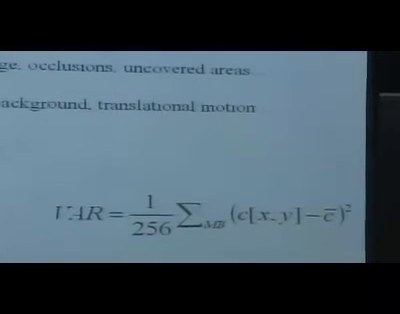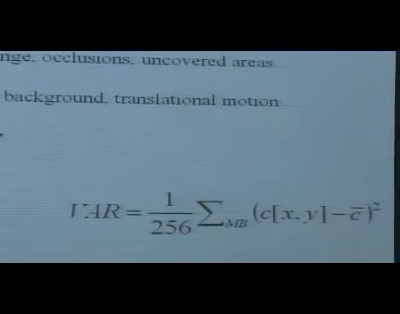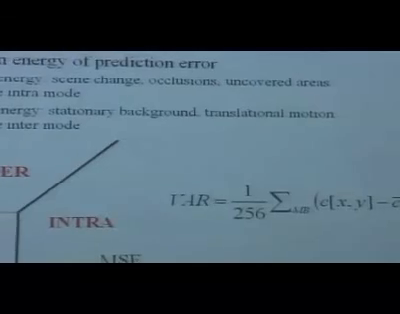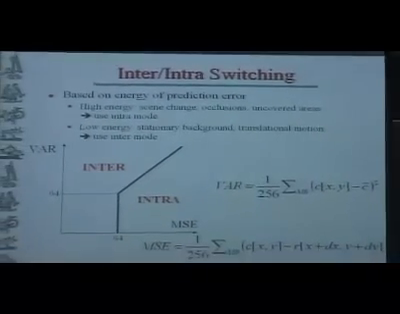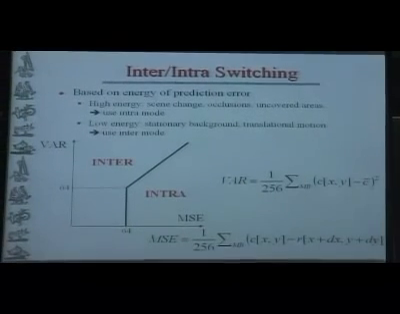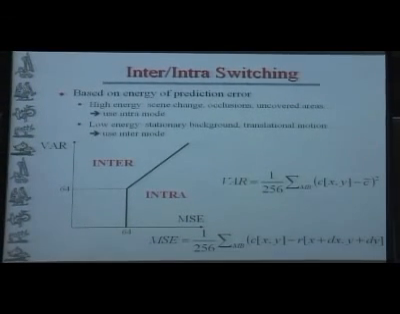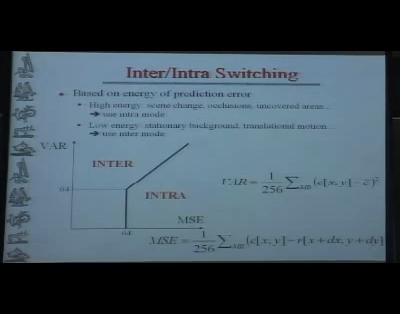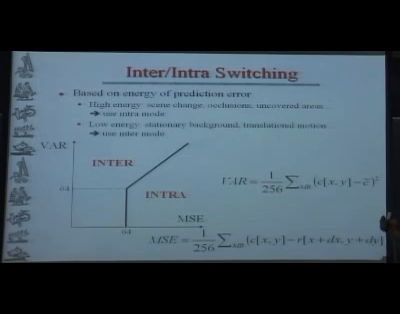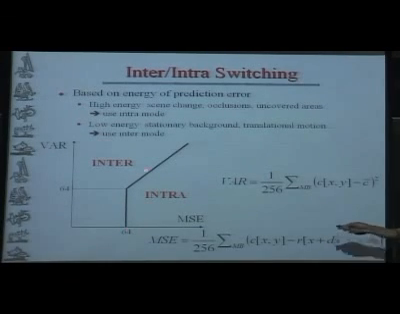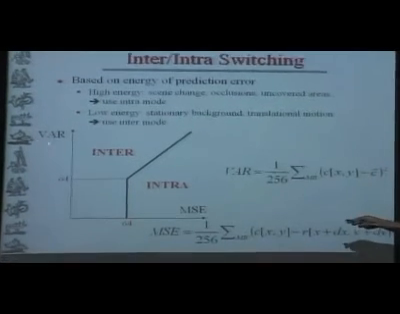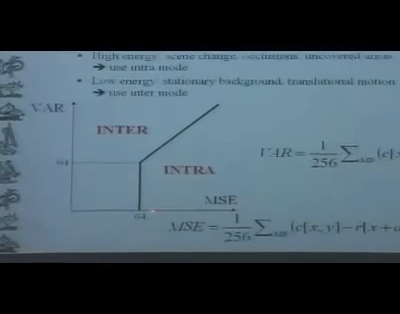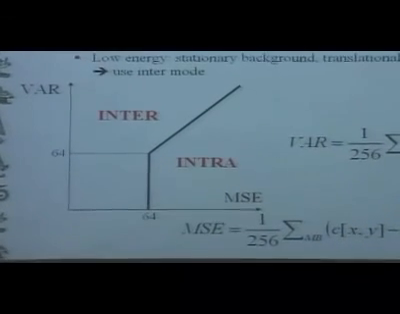One student asked me this question during the break: how do you determine intra and inter? How do you know? Well, you do experimentation, and then you come up with an ad hoc threshold. And the threshold happens to behave like this. 64 here, 64 here. This is the variance of the block, and this is the MSE, which is defined as the